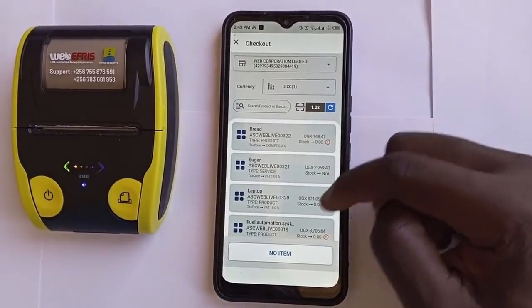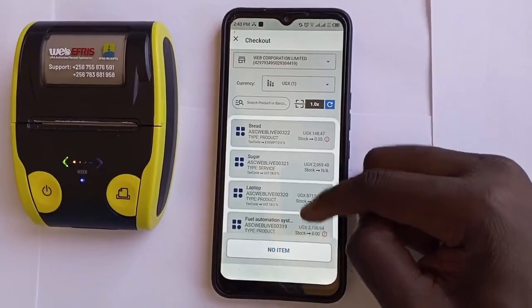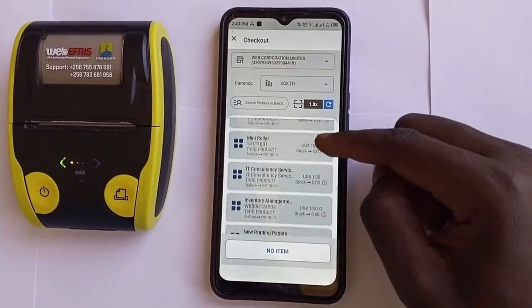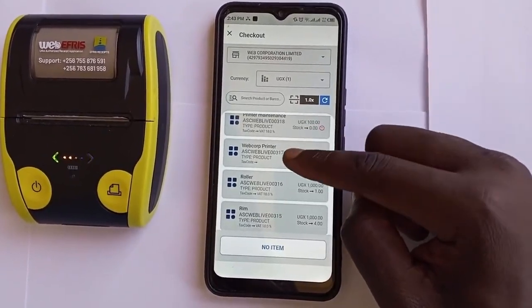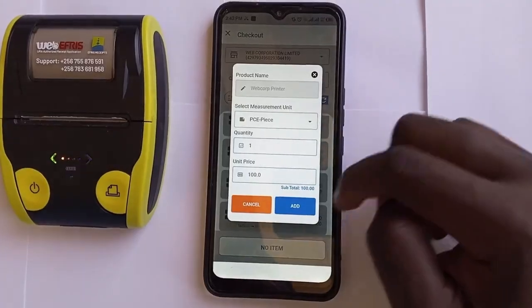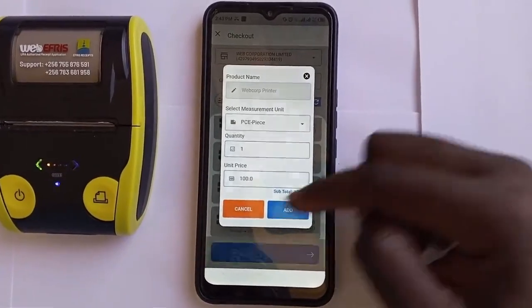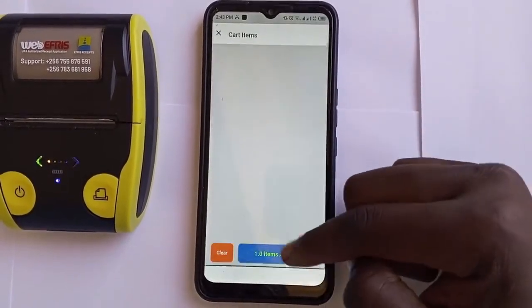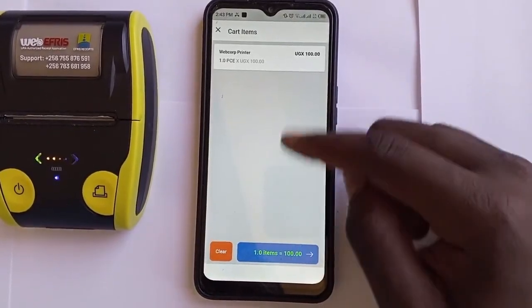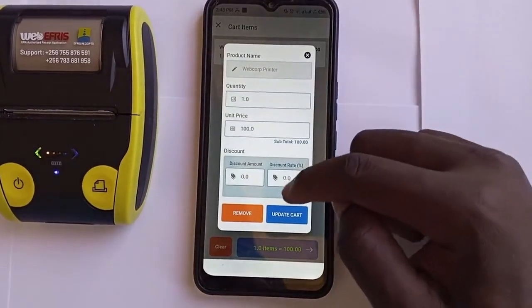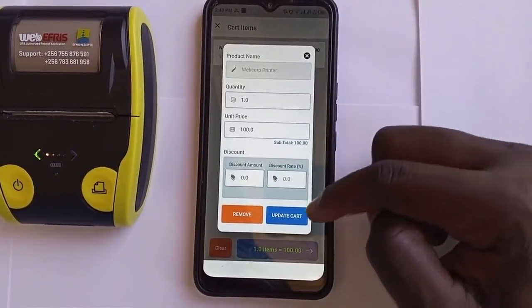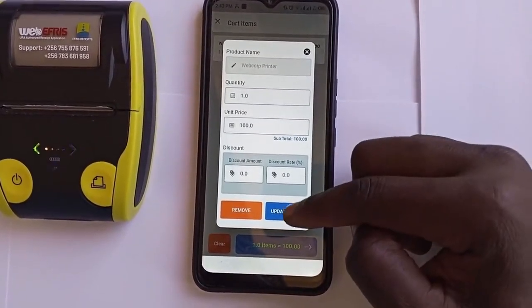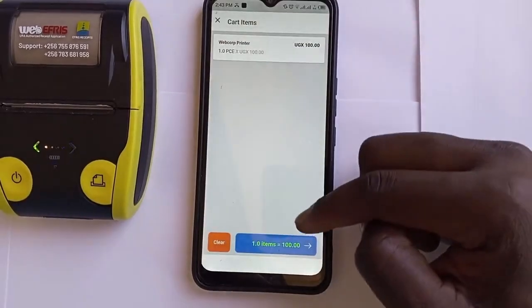Select the currency you want to use. Select the products you want to add or perform invoicing on. I'm going to select a web copy printer, add to cart, continue. You can perform discount operations on the product, and after you are done, update cart,